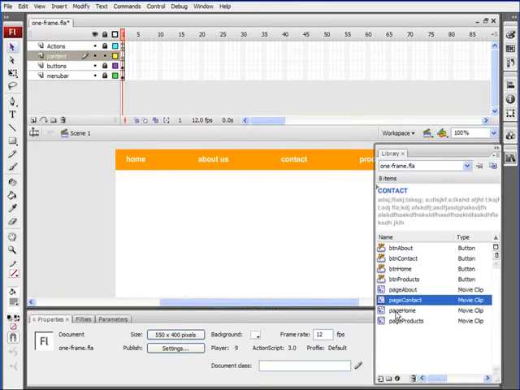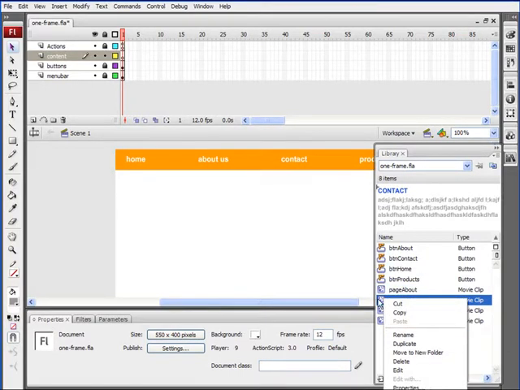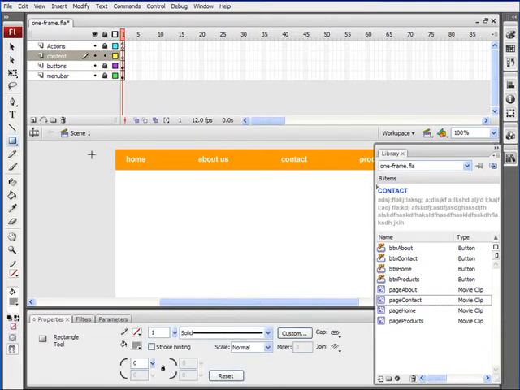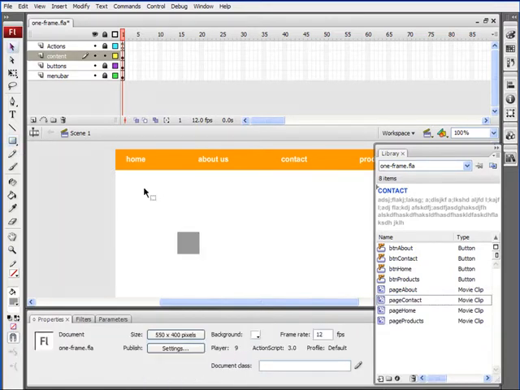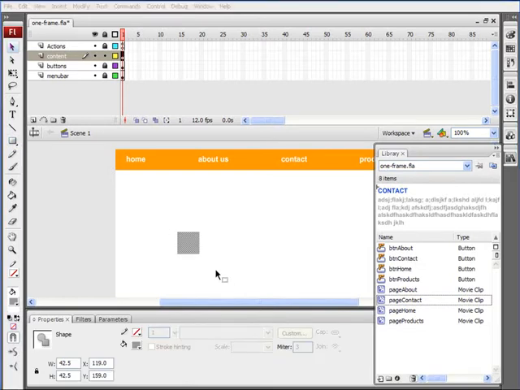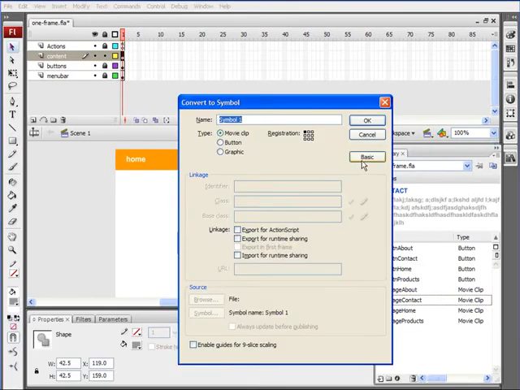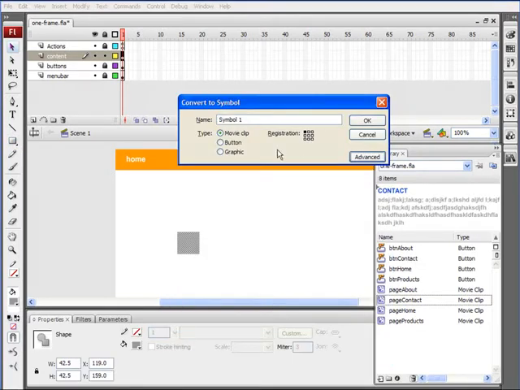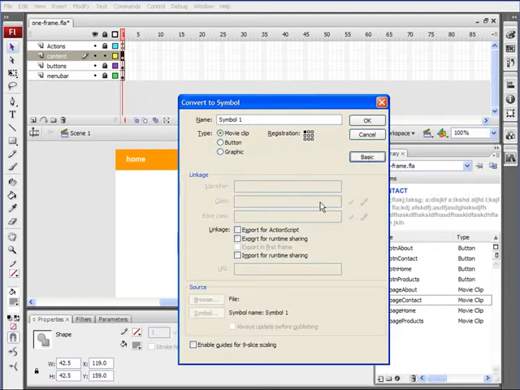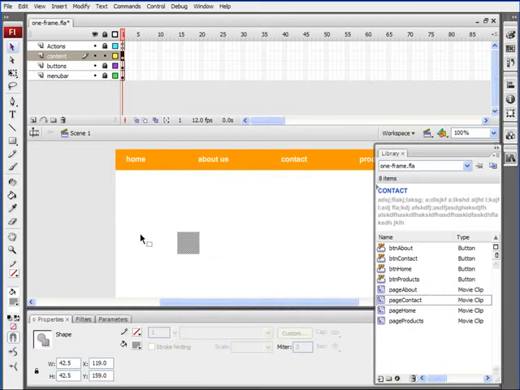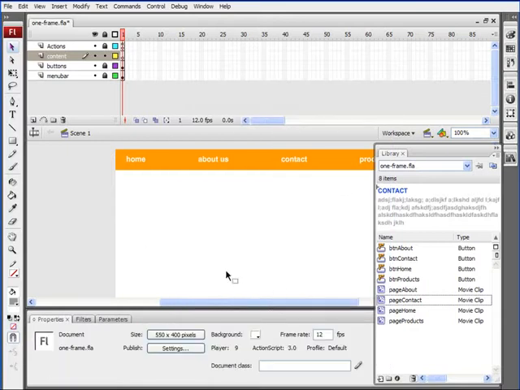Now it's important to point out that you can also edit these linkage properties whenever you first create a movie clip. For example, if we just draw a square on the stage here, highlight the square, hit F8 to convert it to a symbol, by default you just have these basic options here, but if you click on Advanced, then you have these linkage options and you can edit them there when you create the movie clip as well. Let's click on Cancel, and let's get rid of this square,